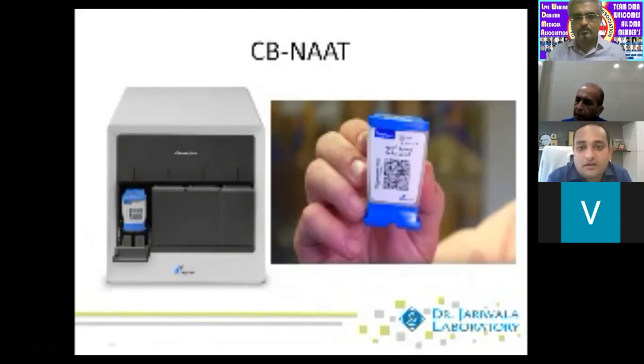However, because it has so many benefits, it is extremely expensive. And currently, because of the pricing restrictions put in by the government, this test is not available at a lot of centers because it is not affordable. But I'm sure when the restrictions ease off, this test will be more widely available and patients will be able to get the benefit of the test within a matter of a few hours. Next slide, please.